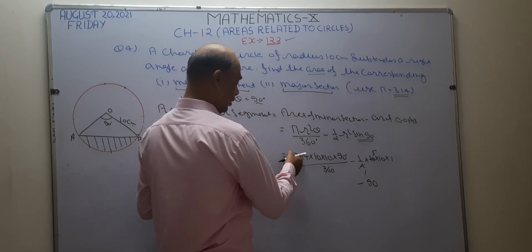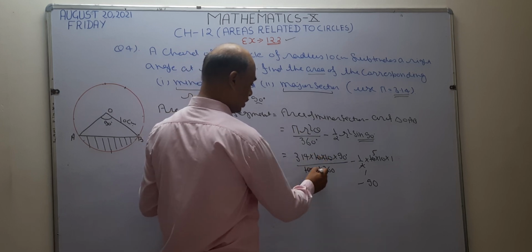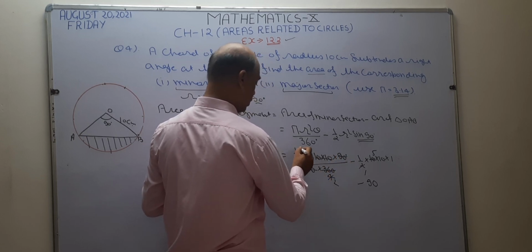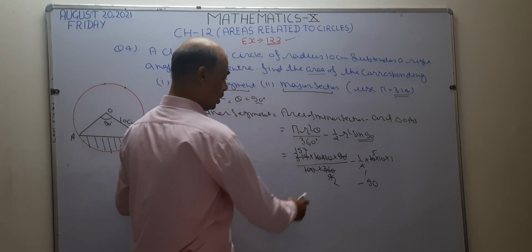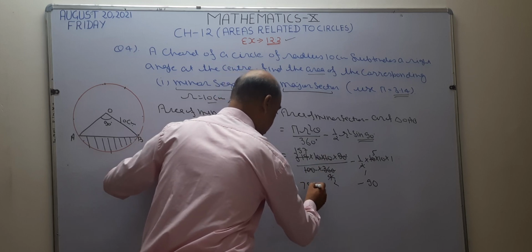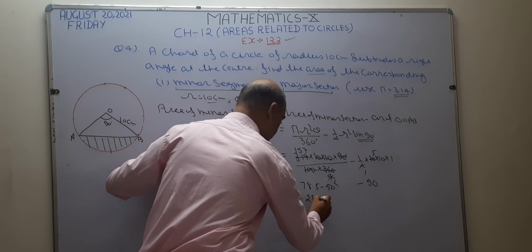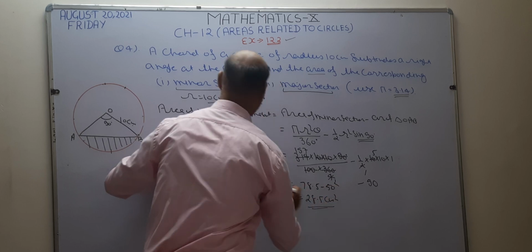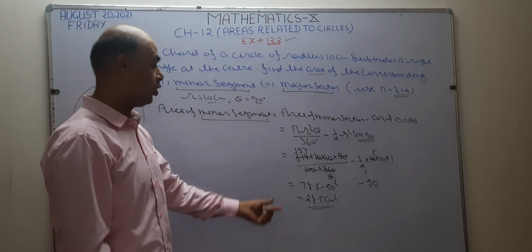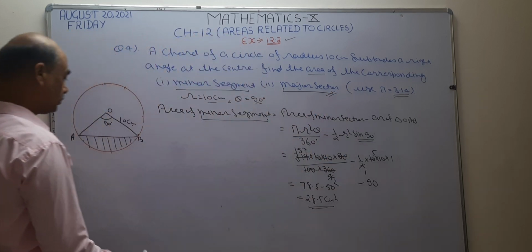Now I want to remove this decimal point. When I remove this point, 100 comes in the denominator. Now these two zeros are cancelled. 4 times 9 is 36, and so on. Now divide 157 by 4. 2 7s are 14, 2 8s are 16. Then 0.5 minus 50. So this becomes 28.5 centimeter square. This is the area of the minor segment. The first part of the question is over. Okay, I hope it is clear. Now I want to find the area of the major sector. The major sector is written right here.